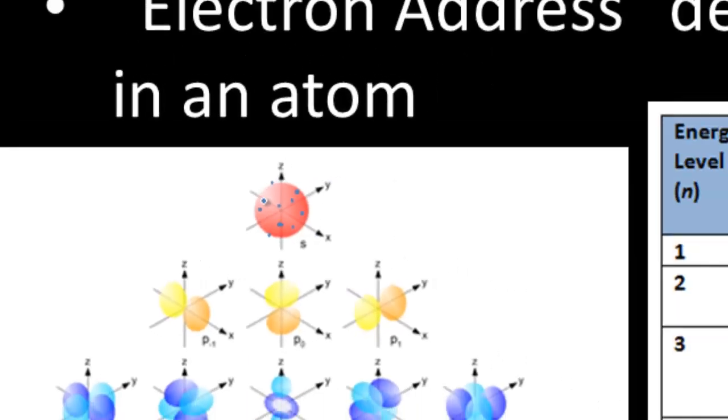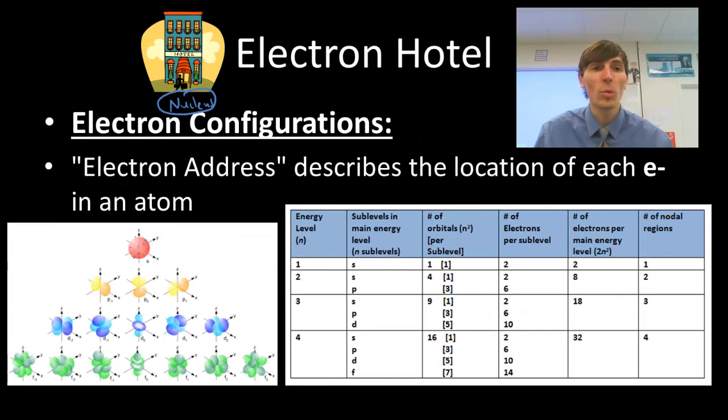What we can do is determine the location of, find out where this electron is to the best of our knowledge. We can't find it perfectly. Heisenberg said there's no way we can know the exact location or speed of that electron, but we can know the region it's in. An electron address is kind of like saying, this is the room in my hotel